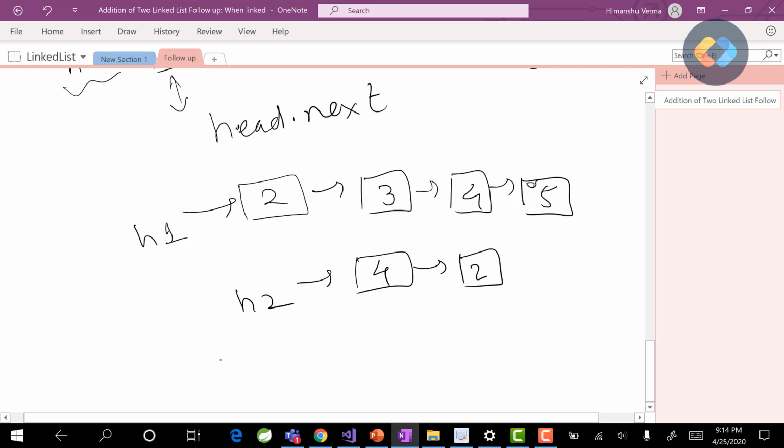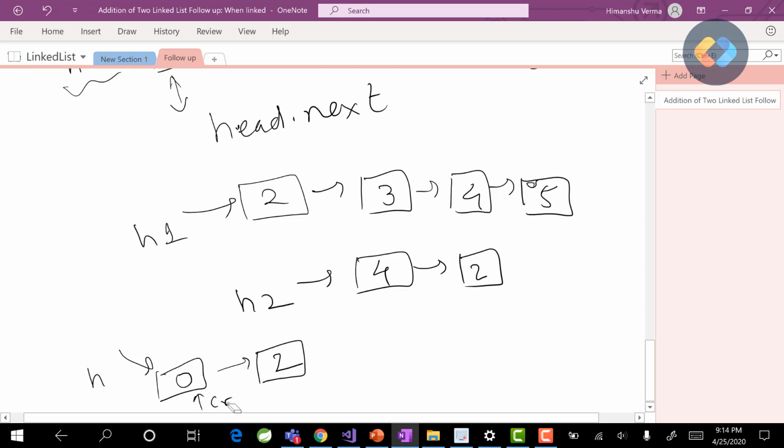Initially we were creating a new node and setting its value to 0. Head will be pointing here, carry pointer will be pointing here, and crawler will be pointing here. Now this has a length of 4, this has a length of 2, so we will start copying the value from here.